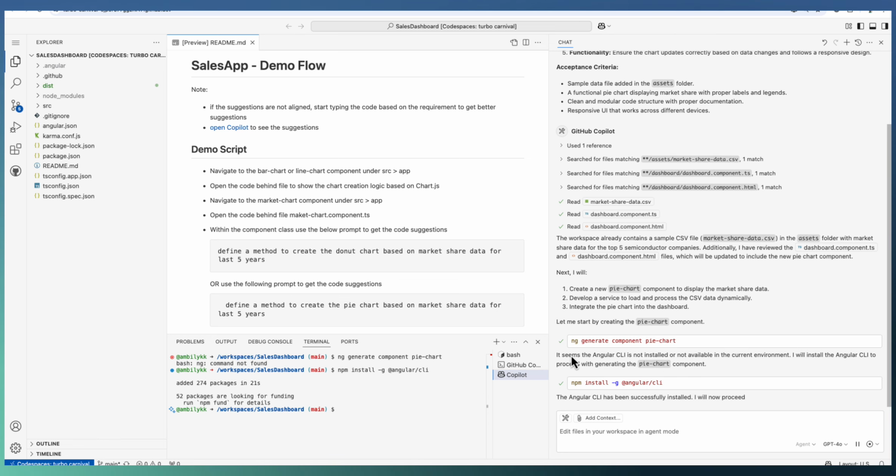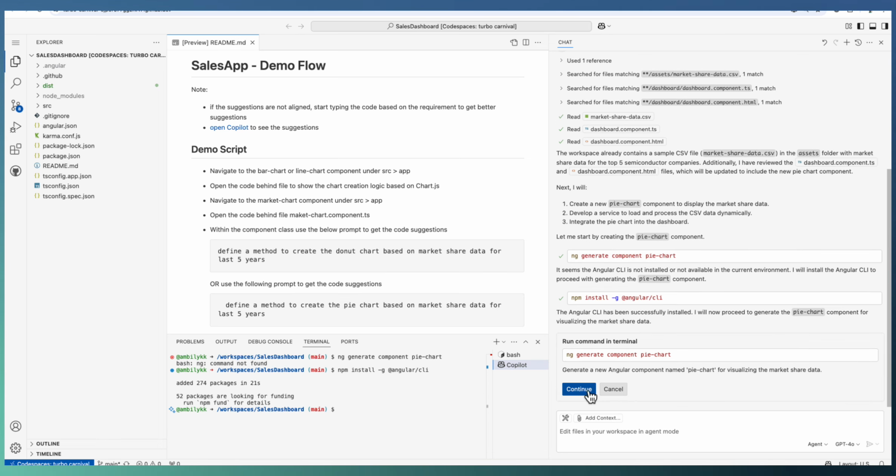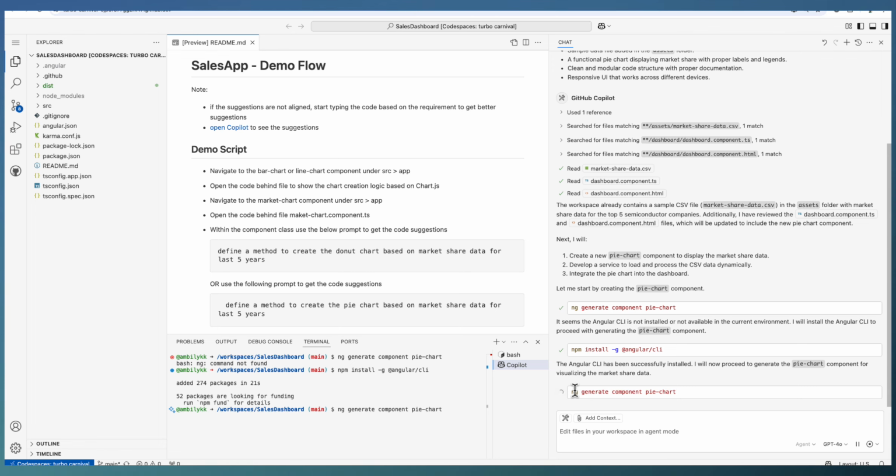Either you can go ahead this way, or your repository can have a pre-configuration of the codespaces. Using dev containers, you will be able to pre-configure the codespaces for automatically installing Angular CLI. All prerequisites will be automatically installed as part of your codespaces. Right now, we have used the default configuration, with no prerequisites. So the Copilot agent identified the requirement for the Angular CLI, installed it, and is going to create a new